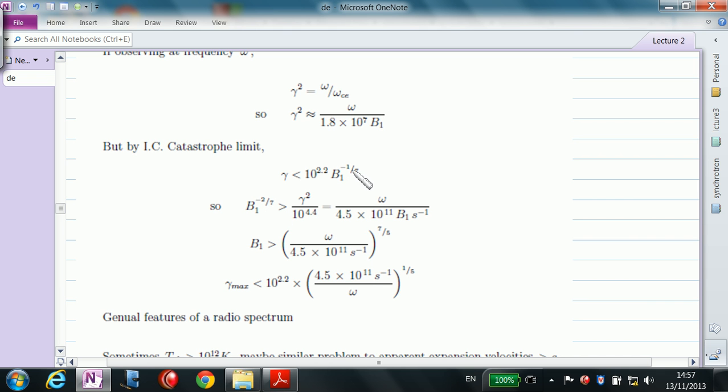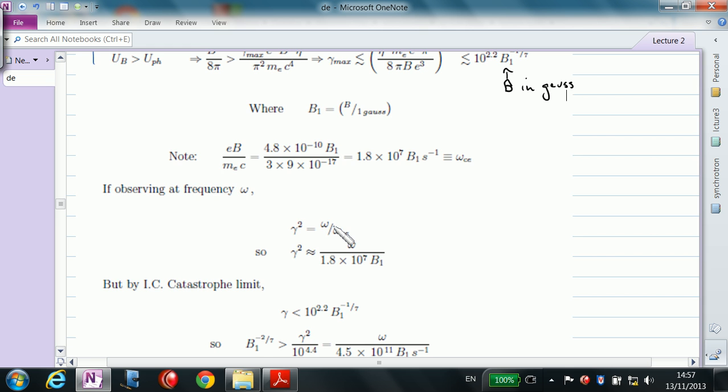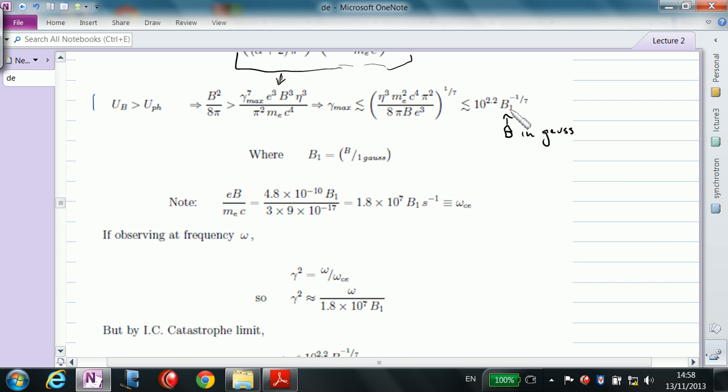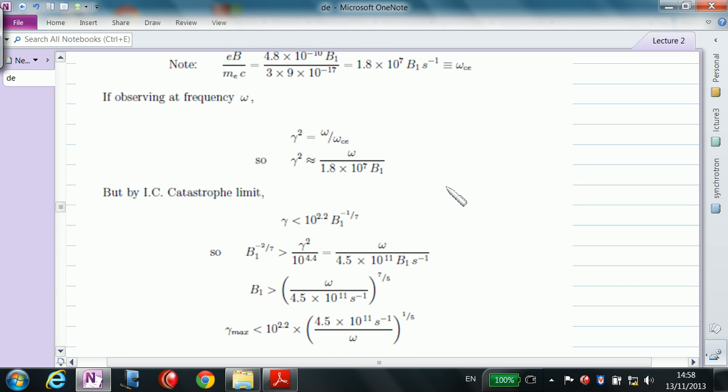Here I rewrote B to the 1/7 in terms of the frequency of emission and gamma, and you can just rewrite the condition. This is the condition that you have no inverse Compton catastrophe, and you say gamma has to be less than a certain number times B, but since you're observing it at frequency omega, you know that gamma squared is equal to omega divided by this,